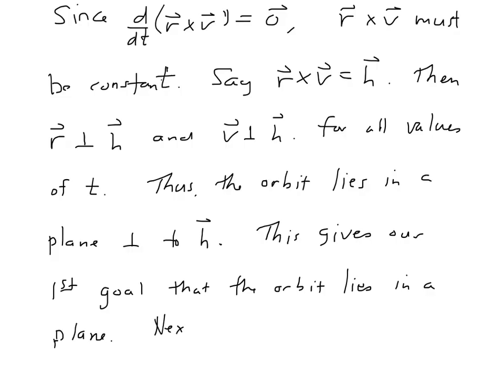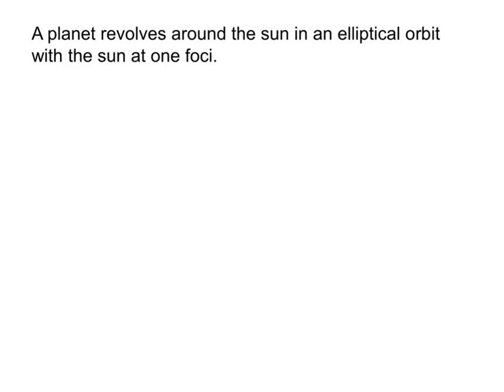Now we're ready to go ahead and prove Kepler's first law. This is a bunch more algebra and properties of vectors to get to. Before we prove the first law, let's just recall it quickly. It says a planet revolves around the sun in an elliptical orbit with the sun at one